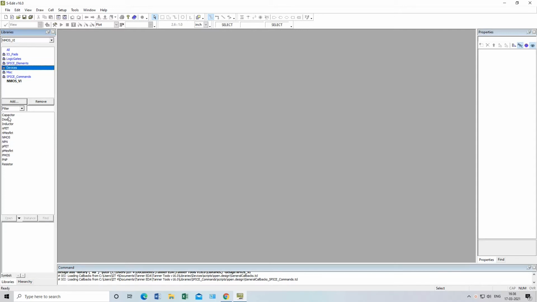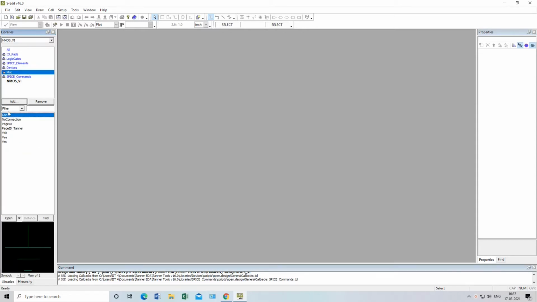Under devices we will get capacitor, diode, inductor, NFET, NMOSFET, NMOS, NPN. Every device we can use from here. Resistors are also there. Under misc you will get ground, VDD, VEE, VSS, everything.